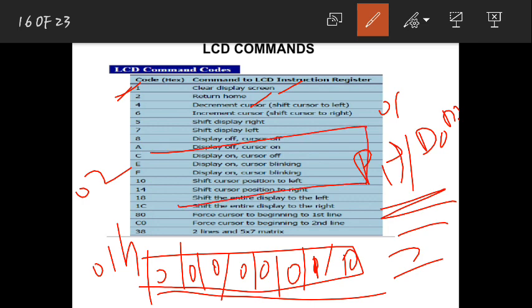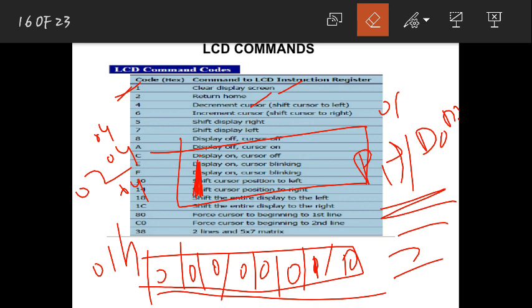If this was your LCD screen and this was your cursor, and your cursor is somewhere here, it will shift to the left only by 1. Again, if you want to shift till here, you should give this 4 again. The first time you give it, it shifts here. Next, if you give 4 to P1 again, it will shift here. Then again if you give 4, it shifts here. Then you got to the correct place where you want to start writing. Once you start writing from here, the cursor is here.